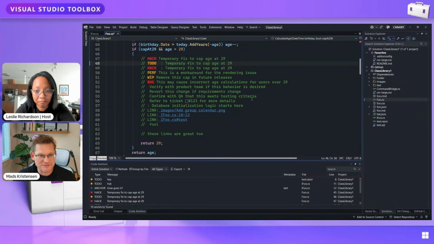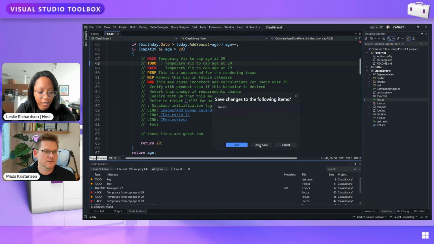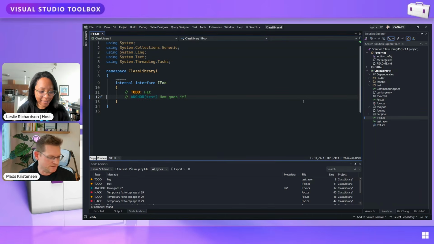It's pretty comprehensive. There's a whole lot more. It's one of the bigger extensions that I've done in a long time. So it has a lot of features, very feature rich, but it's very performant. It doesn't slow down your typing or anything like that. So definitely go check that out. Love that. All right, Leslie.